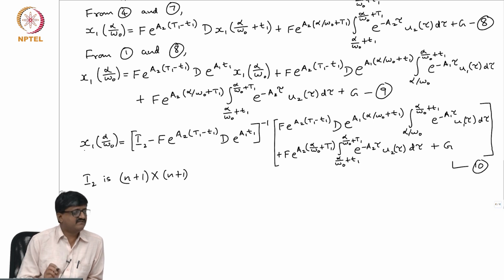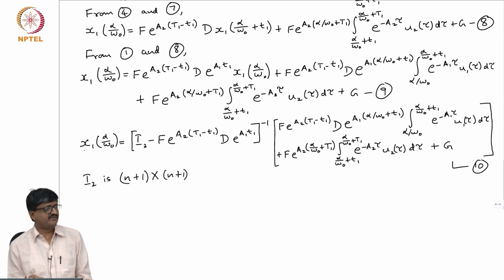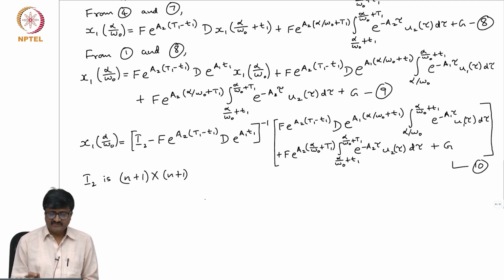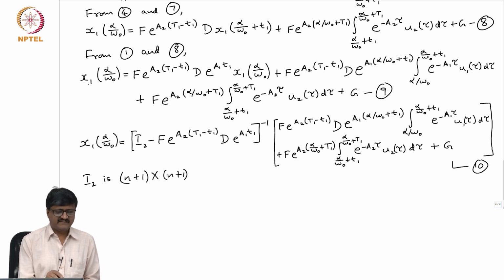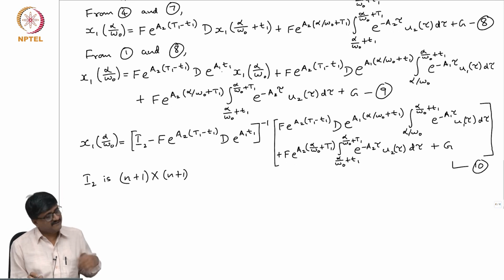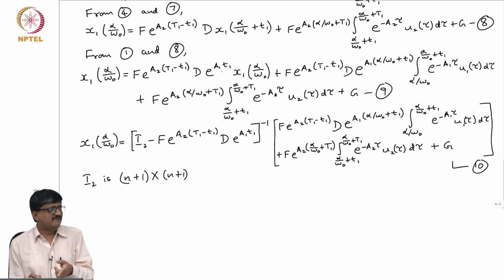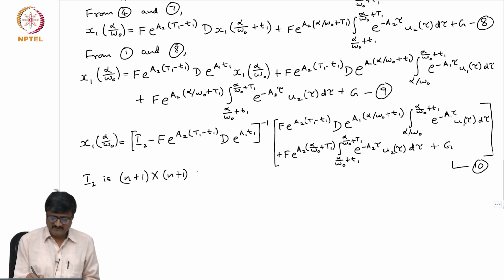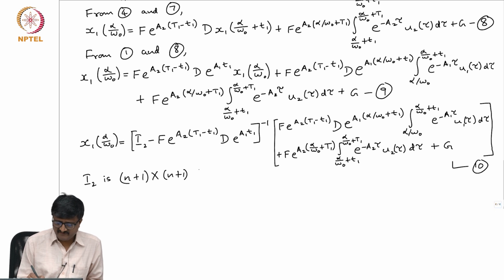Also, you said that this is a square matrix. Yes, from equation 9. The left hand side is x1, and the first term on the right hand side also has x1. So, that means this coefficient should be a square matrix. The other possibility is a scalar, but it is not a scalar. Let me make a few points.